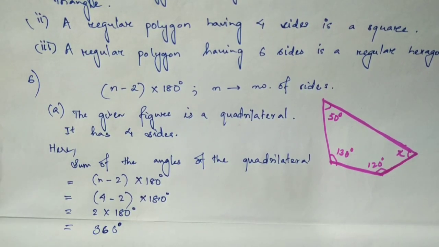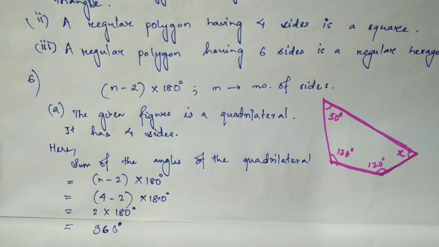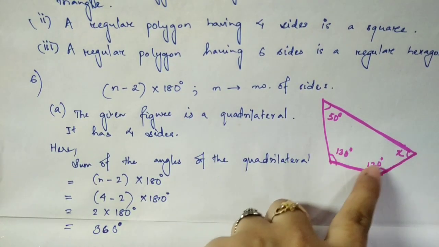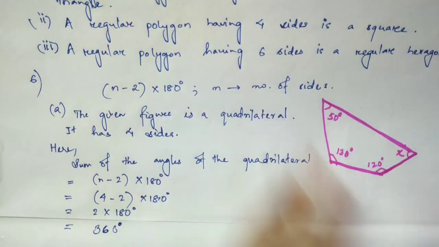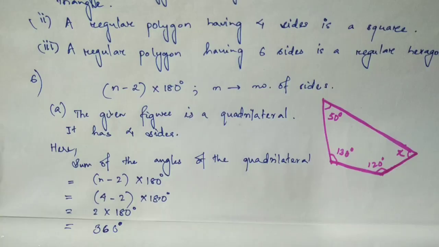So I found that the quadrilateral, we already know that the sum of the angles of a quadrilateral is 360 degree. As we know about the angle sum property of a triangle, it's 180 degree. So we got this. Now if I add this plus this plus this plus this equal to 360 degree, then it will be an equation and I can easily find out the value of the x. Okay, let's do the remaining part. So we'll continue from that part.